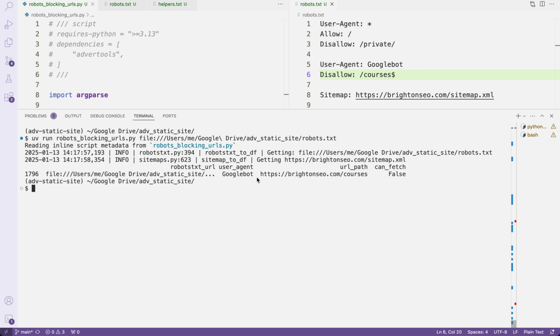Okay, so this is how you can play around with this and test before you launch, and remember that this is running the tests across every single URL in the sitemap and for every single user agent that exists on this particular robots